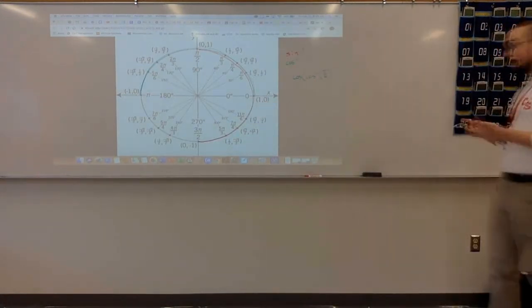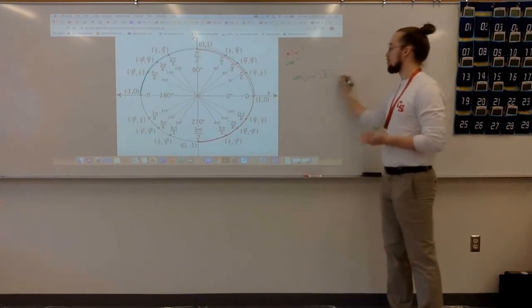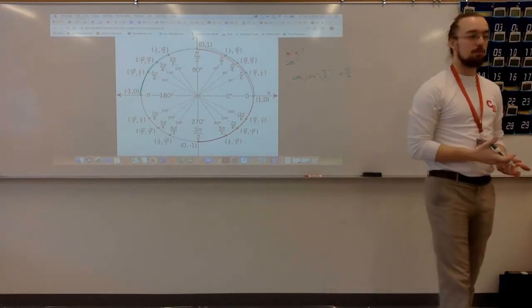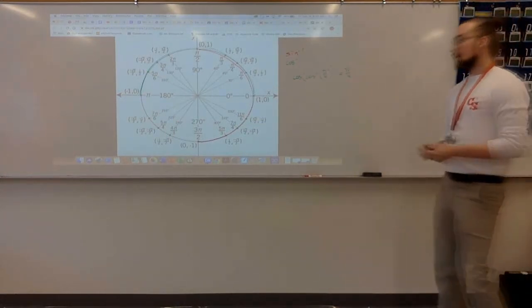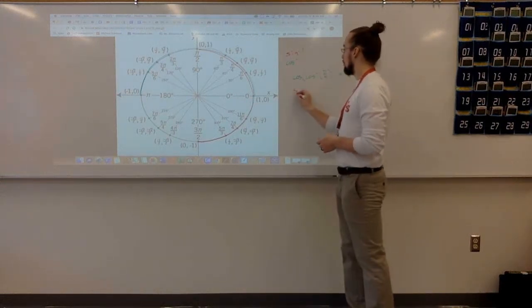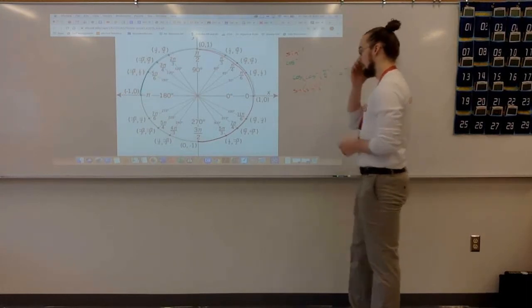It is. So cosine of the inverse cosine just cancels itself out, and we say that this is equal to pi over 4. Similarly, for sine, if I want to find sine of the inverse sine of